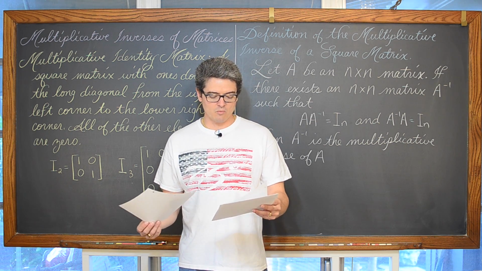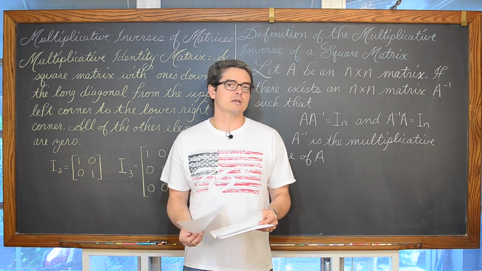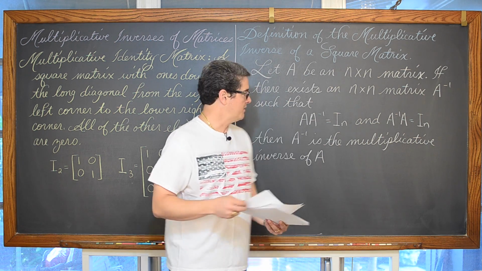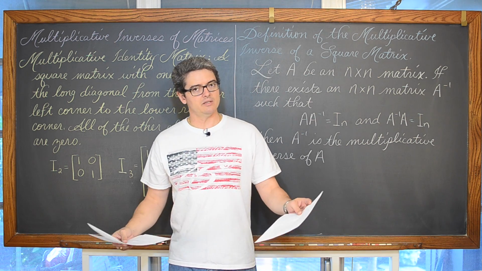And then there is a quicker, streamlined process for finding the inverse of a 2 by 2 matrix, and we'll do an example using that process, and then at the end of that second example, verify through what we see in this definition that the inverse that we found actually is an inverse.